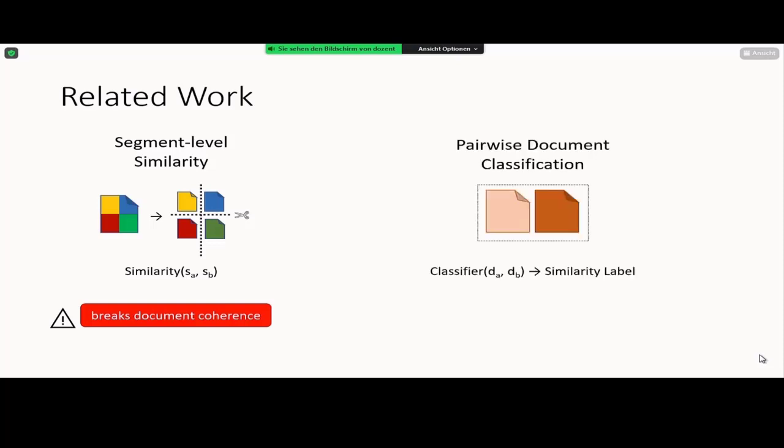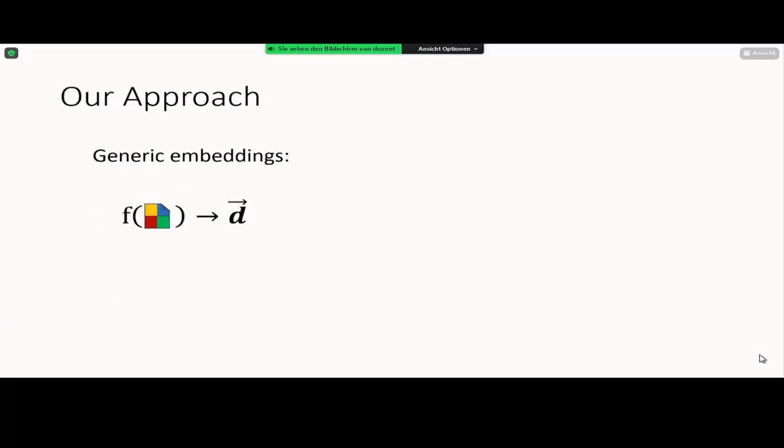Another approach is the pairwise document classification approach, where you have a classifier and apply the classifier on pairs of documents. And then you have a multi-class classification scenario. But this requires classifying all possible pairs in your document corpus, which of course is not really scalable if you're working with a normal corpus that you can find in a digital library. And that's why we were thinking about how we could improve this. And we're now focusing on